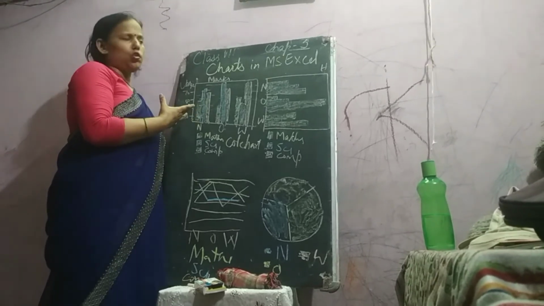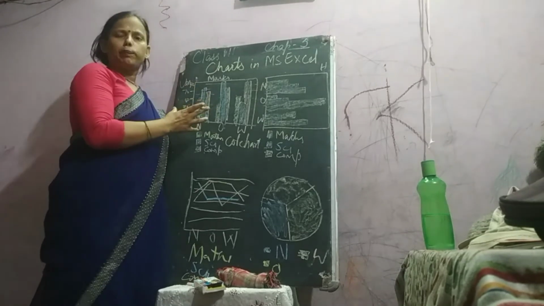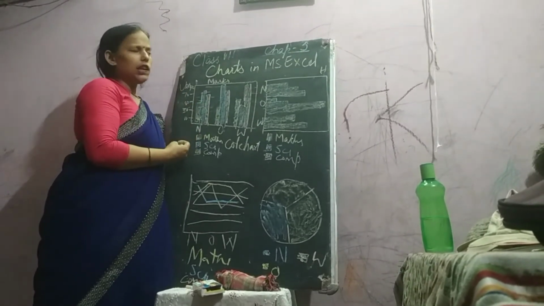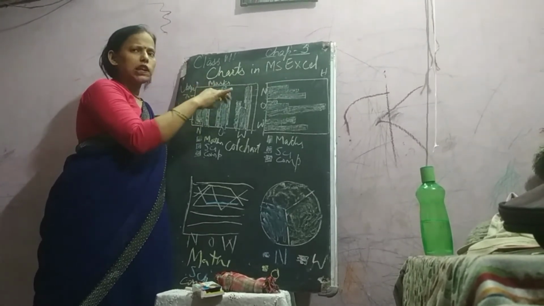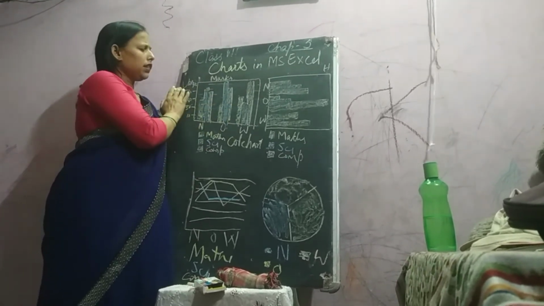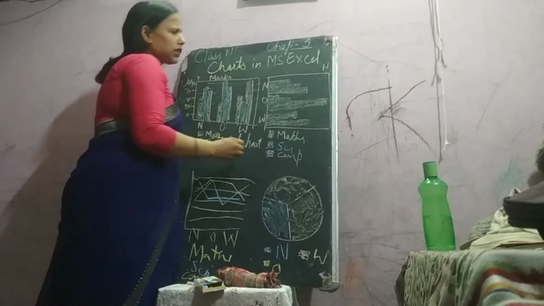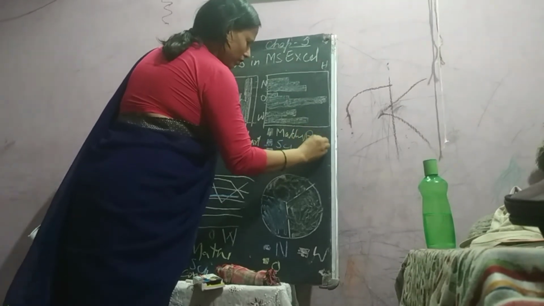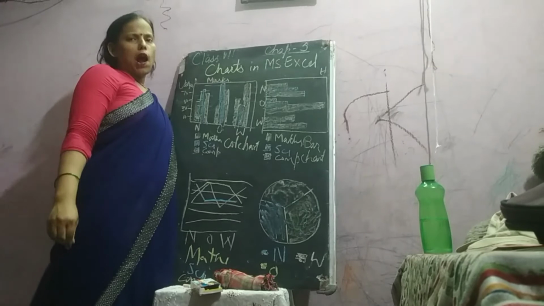So this chart is used to compare the components. We can easily compare the data and we can easily list the details, what is the comparison between everyone. So it is very easy. This chart is drawn on the vertical lines. Next is bar chart. This one is bar chart.